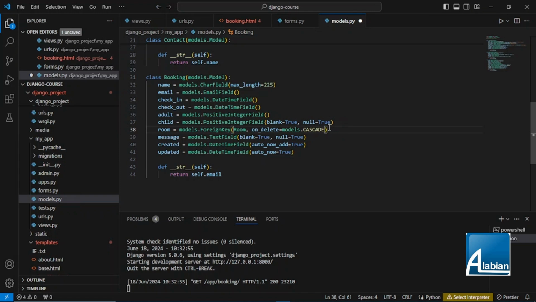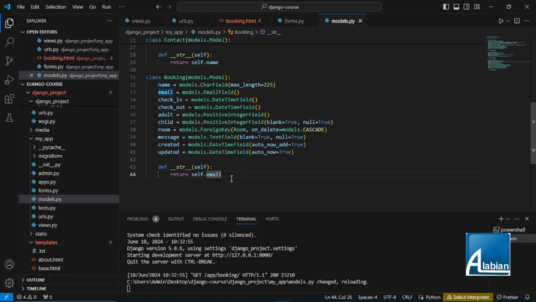That is, the relationship is every booking we have a room. Do you understand? So we also have message, that is any request that the user wants. That's why we made it nullable, because the user might not want to pass any, the person just wants to book. But if you have any special request, there we also put the created and the updated time, and we also pass in this method to return the name in our